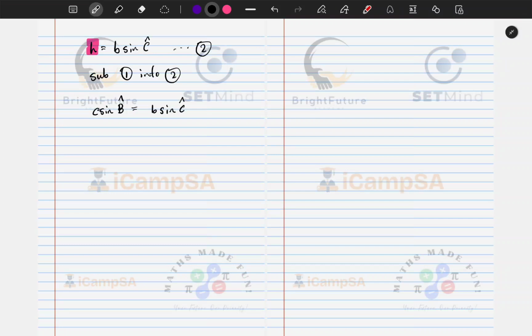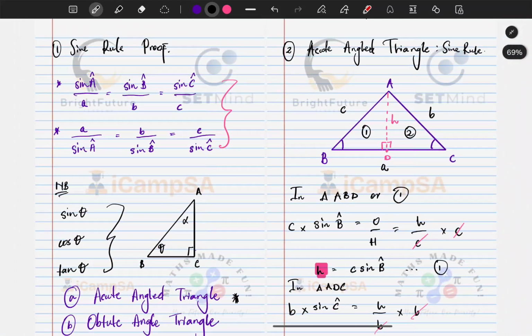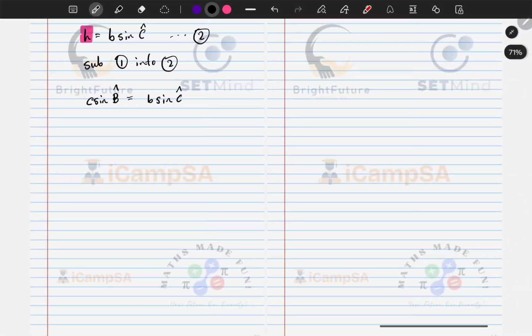What I want is to have sine a over a, or sine b over b, or sine c over c. So in order for me to have that, I'm going to divide here by bc. I'm also going to divide by bc here. So if I do that, this and that will cancel, this and that will cancel, and then